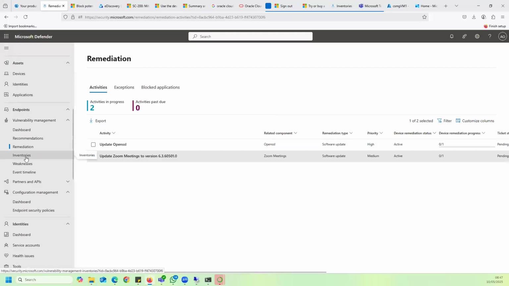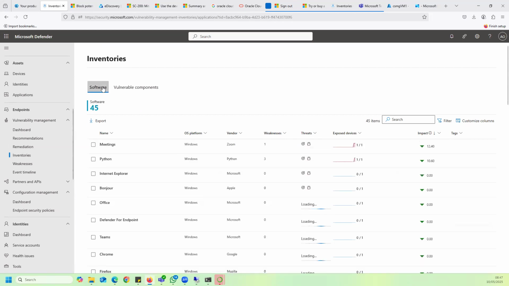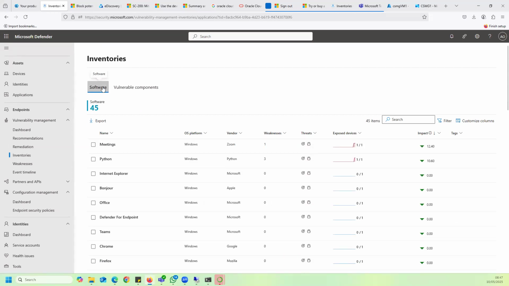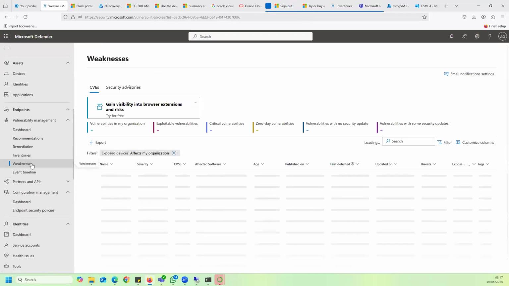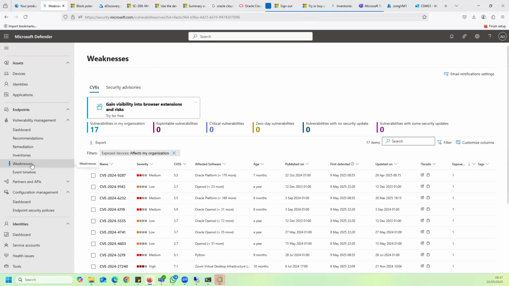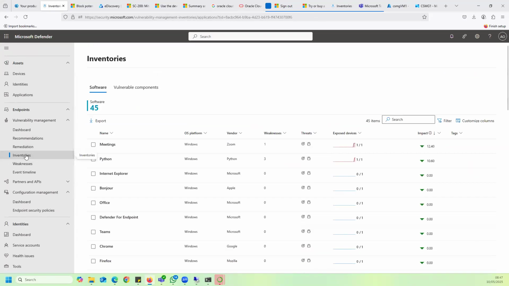I think that said, in terms of inventory, you can quickly have a list of all of your software. So this can help organizations that have a weak CMDB in actually looking at all of the different software used in their estate, the devices that have it installed, and in terms of vulnerable components of those software as well, you can see them and also export them. In terms of weaknesses that you have, or the CVE, all of the inventories that we've been talking about earlier,